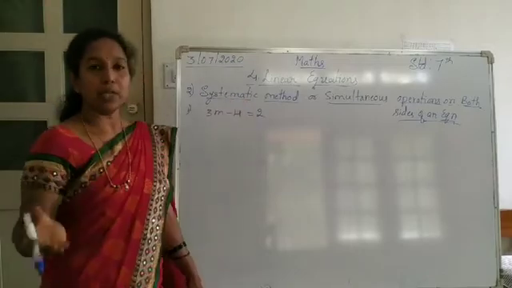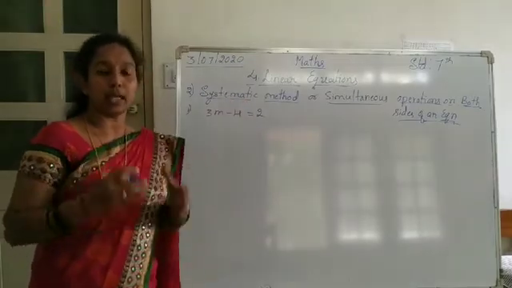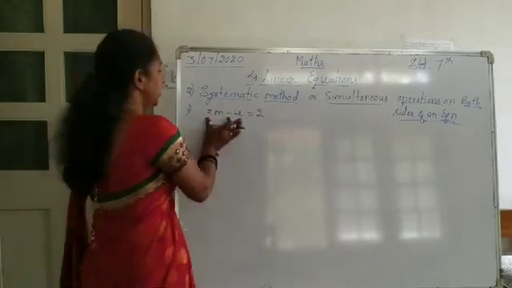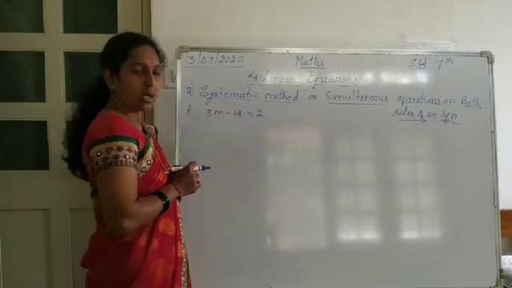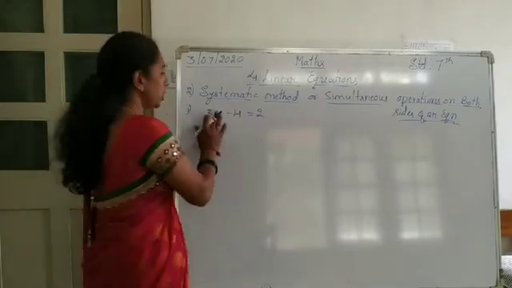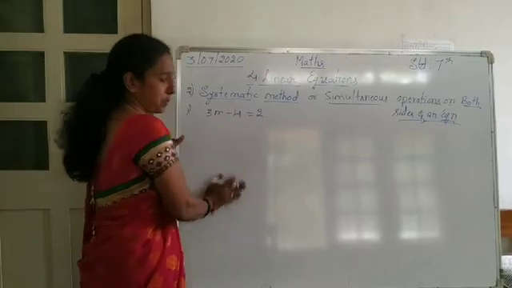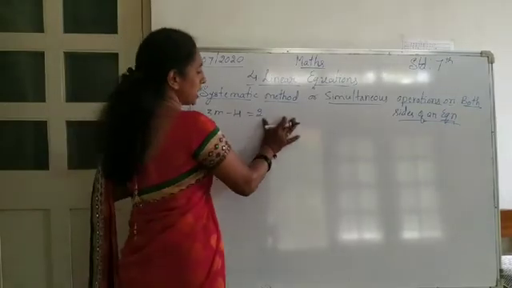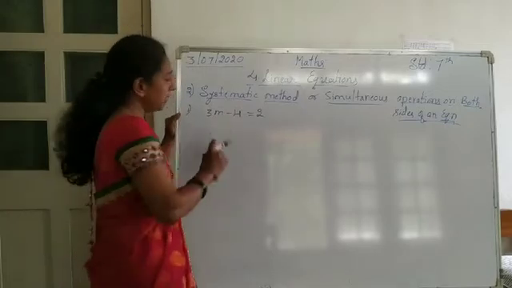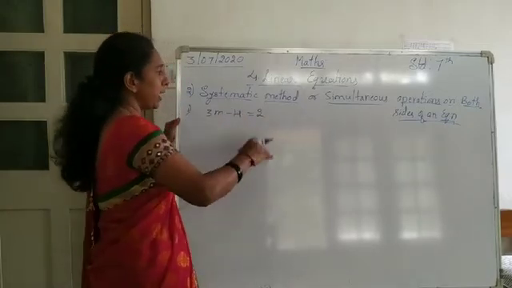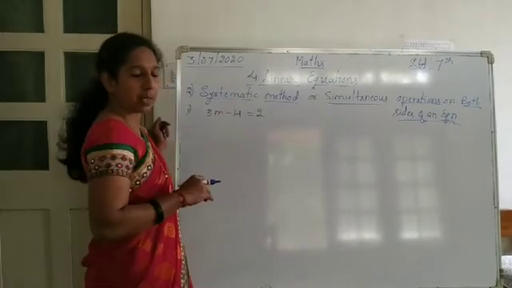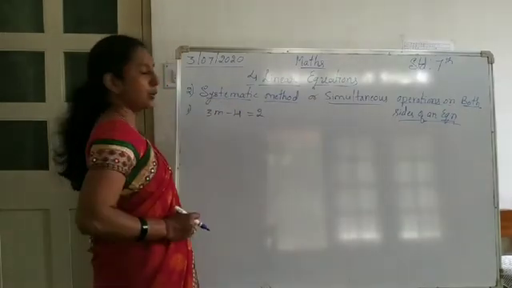As we told you, first we have to find the value of the variable. In which part is the variable? It is in the LHS part. So we have to remove all the numbers from here and keep only the variable in the LHS part. In the RHS part we need the answer. So I will remove all the numbers by using this systematic method.